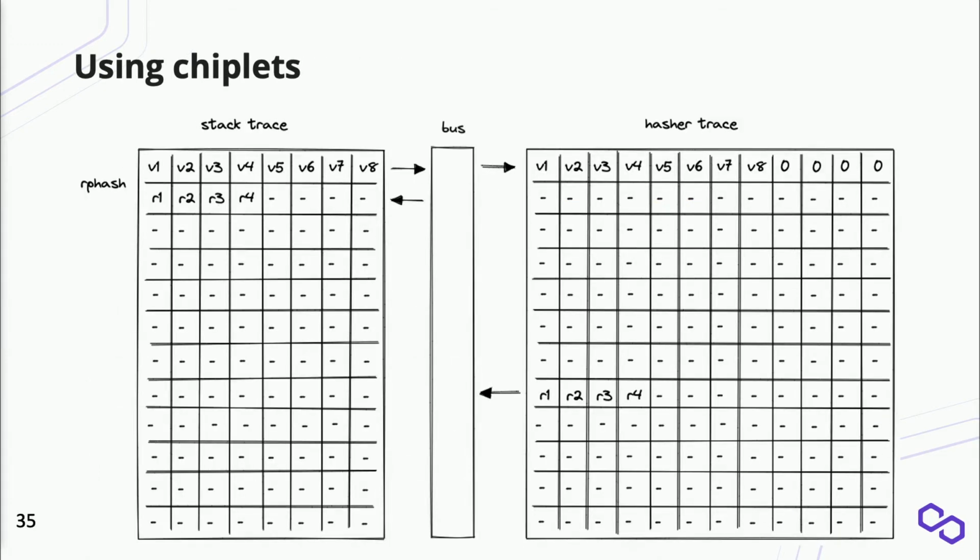To give another example, let's say we want to hash something, and this is a very simplified example. In the case of a hash, we have this RP hash instruction that computes, let's say, a 2-to-1 hash using the rescue prime hash function. So you have some inputs and you have outputs, and you can see the V values are the 8 inputs into the hash function, and the R values are the outputs. But we don't actually want to compute the hash as part of the stack trace. This is going to take a lot of effort and many cycles and so